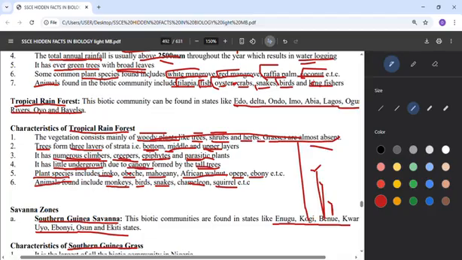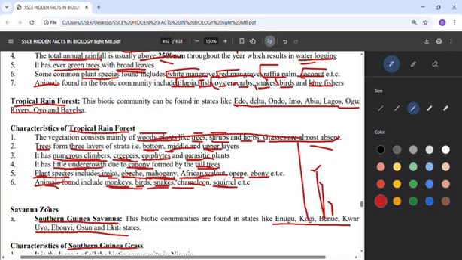So formed by tall trees. The plant species we can find in the tropical rainforest: we have the Iroko, which is Milicia excelsa. We have Obeche, which is Triplochiton scleroxylon. We have Mahogany, which is Swietenia mahagoni. We have African walnuts. We have Opepe, Nauclea diderrichii. We have Ebony. The animals we see in this tropical rainforest are monkeys, birds, snakes, chameleons, and squirrels.